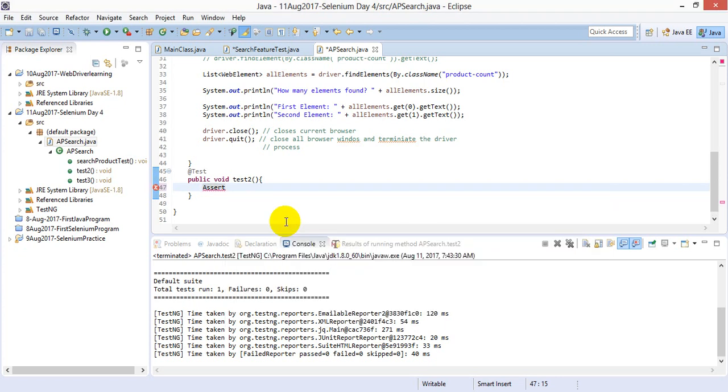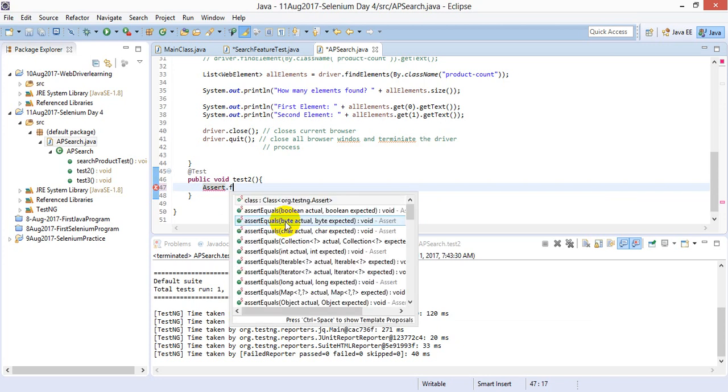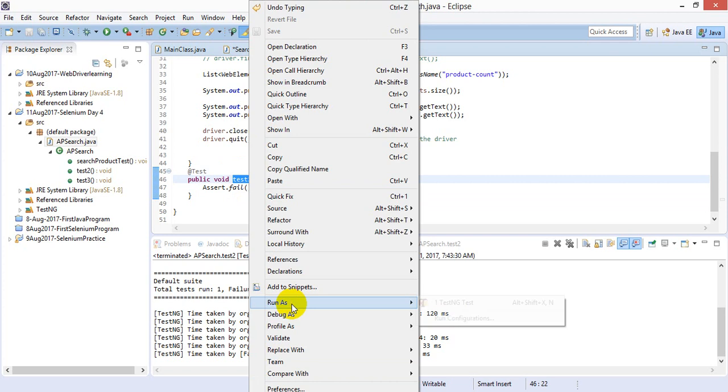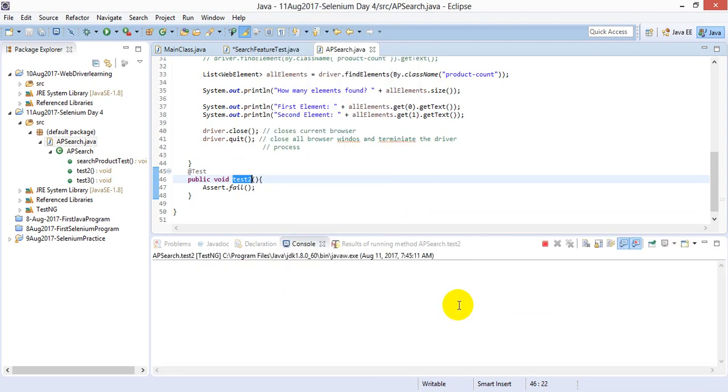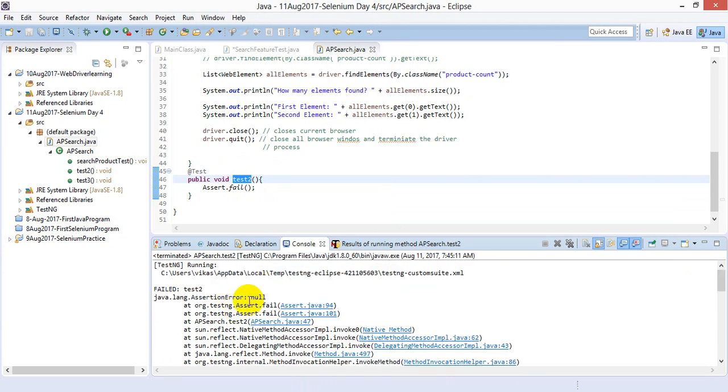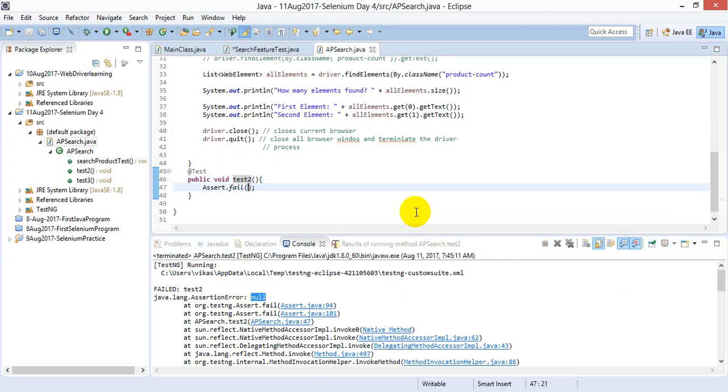So I'm importing Assert from TestNG, then just call Assert.fail. That means this test case is going to fail. Let me show you how it will fail the test case. See, can you see that one test case ran and one test case failed? What is the failure message? The failure message is null. No message is there, just null. So if you want to fail a test case with some message, in that fail method,